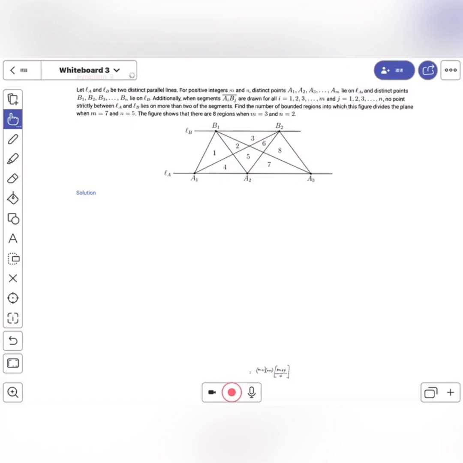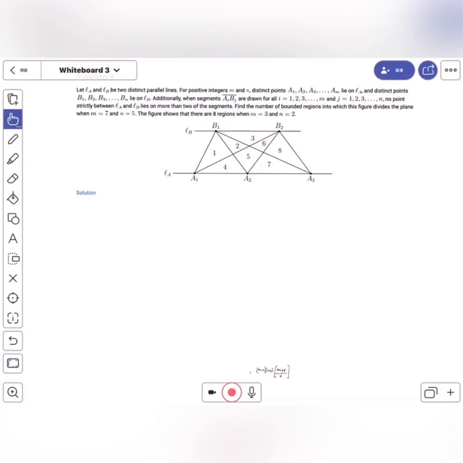So today we are going to be going over the 2022 AIME II problem 9. Let line A and line B be two distinct parallel lines. For positive integers m and n, distinct points a1, a2, to am lie on line A, and distinct points b1, b2, b3, to bn lie on line B. Additionally, when segments a sub i, b sub j are drawn for all i equals 1, 2, 3, to m, and j equals 1, 2, 3, to n, no point strictly between line A and line B